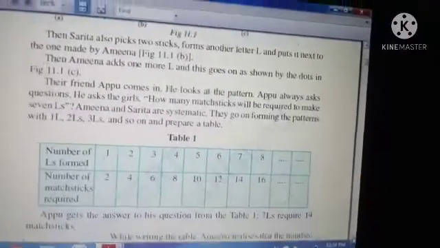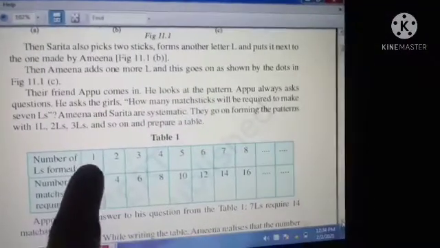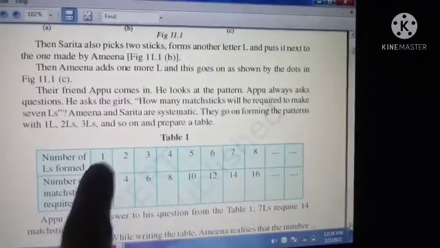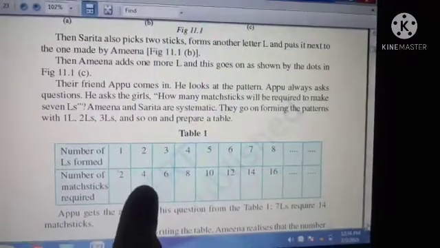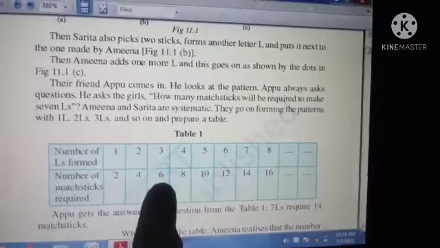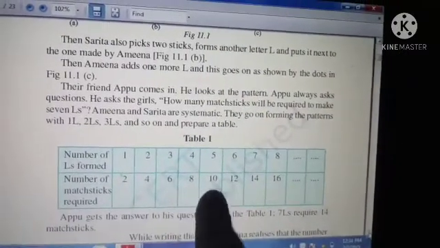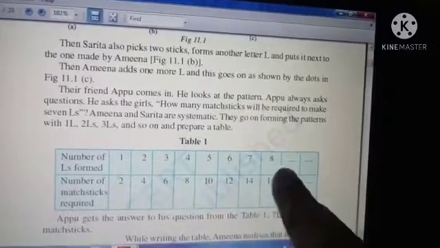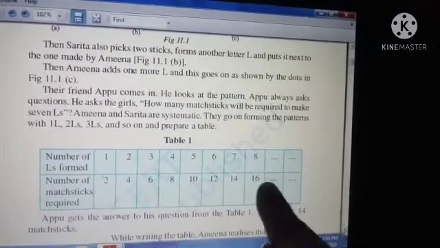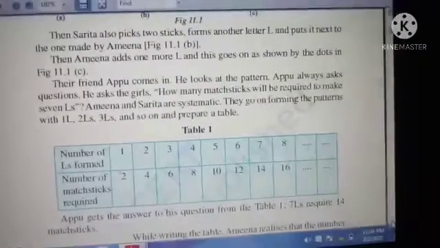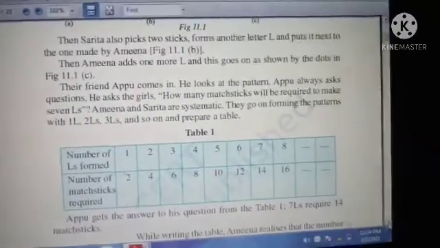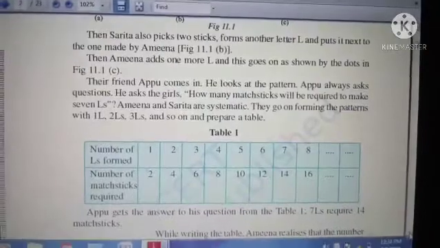They have given: if you want to represent 1 L, you need 2 matchsticks. 2 L's, you need 4 matchsticks. 3 L's, you need 6 matchsticks. Then 8, 10, 12, 14, 16. So everything looks like a multiple of 2.